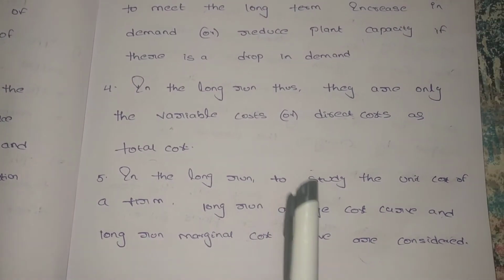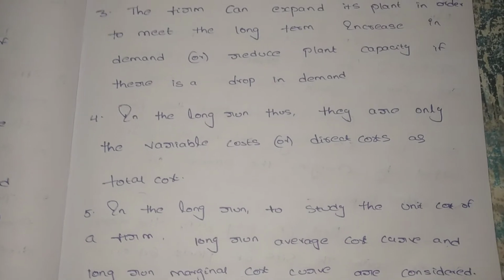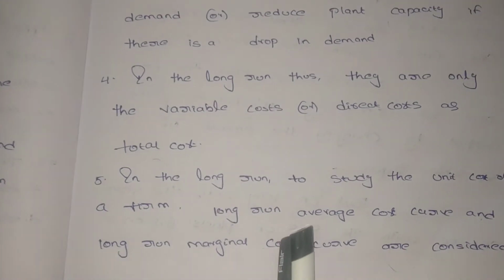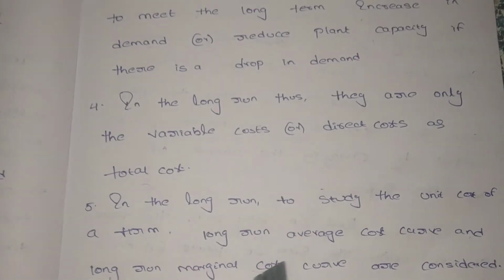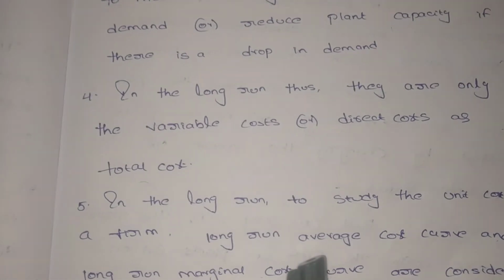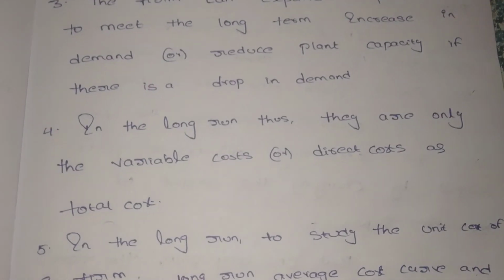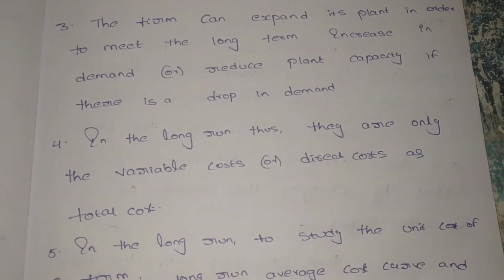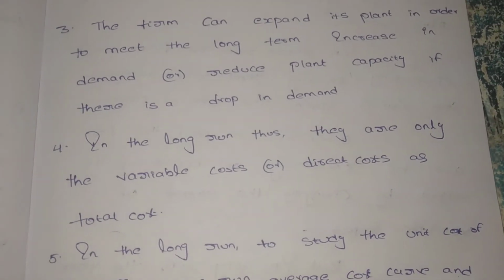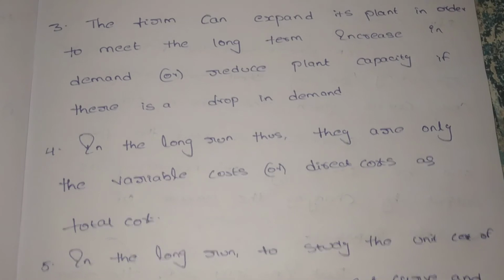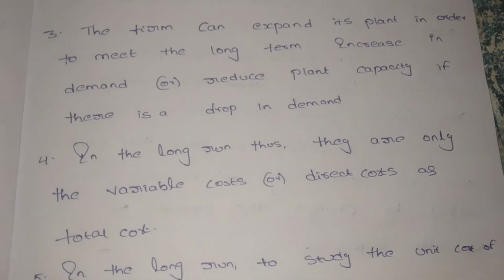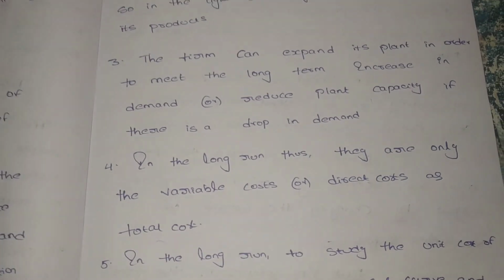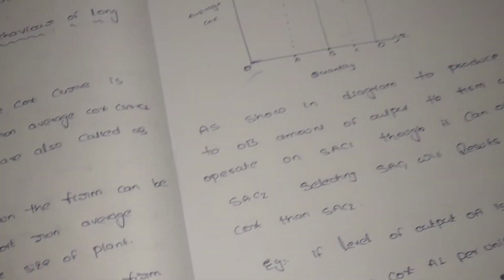And in the long run cost curve, we can measure two types of cost: the average total cost curve and the average marginal cost curve. What is the average total cost curve? It means we measure the price of each single unit, so we go for the average cost. And when you calculate the average marginal cost, it means when the company wants to produce additional products, how much cost we are incurring for each additional unit, so we go for the marginal cost curve.